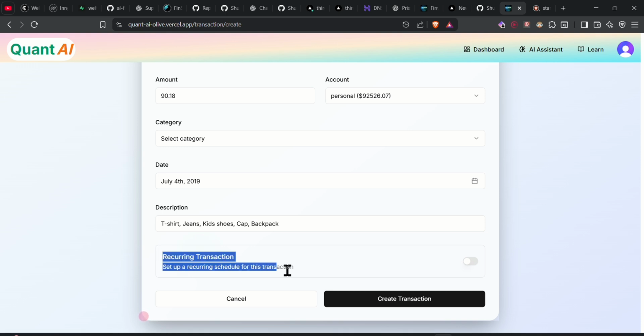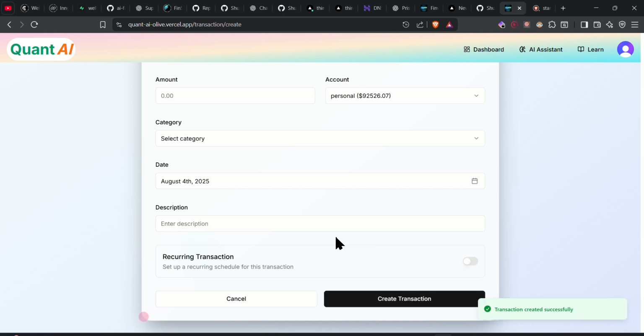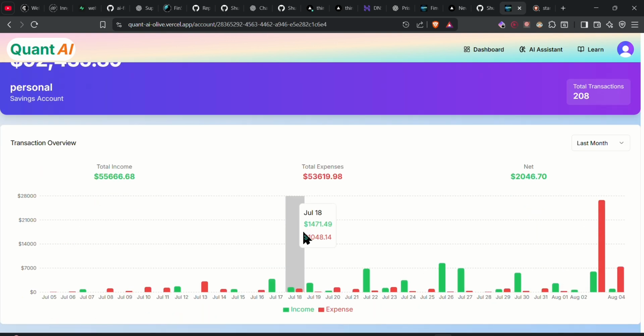Before that, we have added a recurring transaction option where you can set your monthly rent or any recurring transaction. It will be automatically added every month on a particular date that you have set here. On clicking create transaction, your transaction will be recorded and you will be navigated to the account options where you can see the last month's transactions in statistical data.